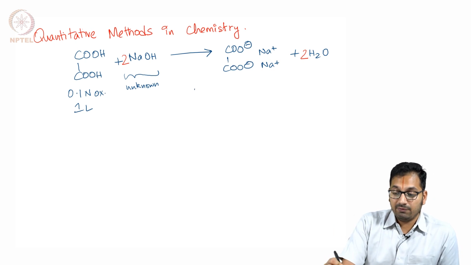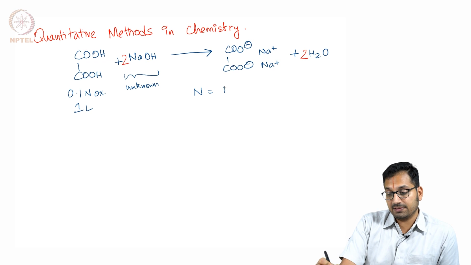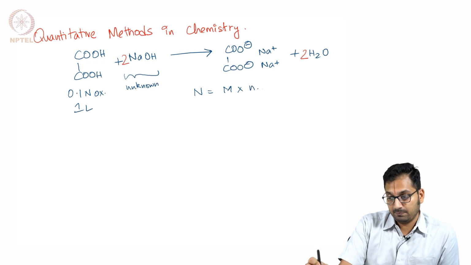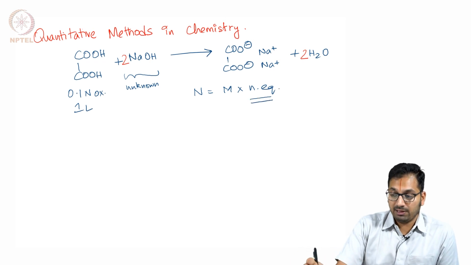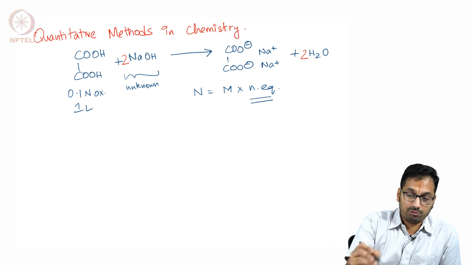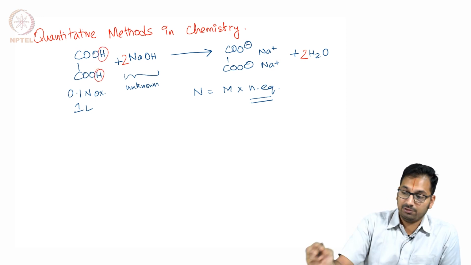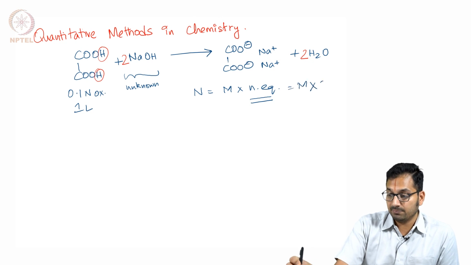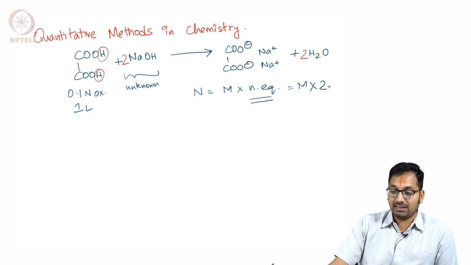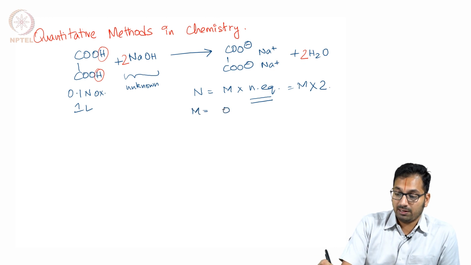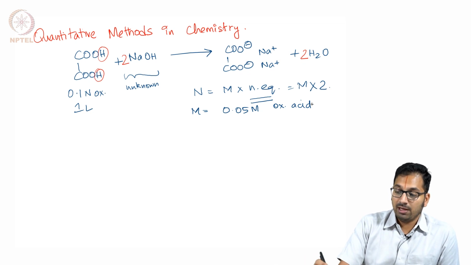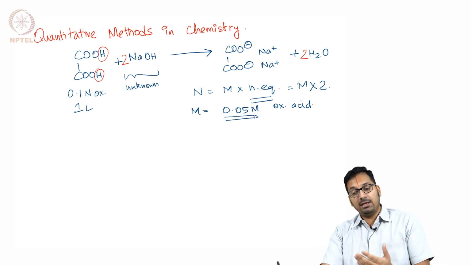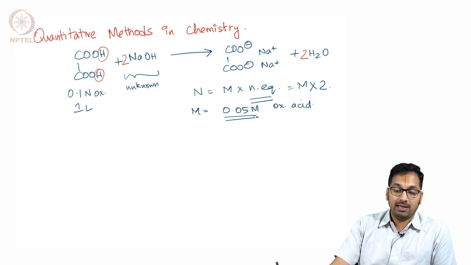Before going ahead, we would also like to remind ourselves of the relation between normality and molarity. Remember, the number of equivalents in this case would come up because of the 2 protons that get abstracted. So therefore normality is going to be nothing but molarity times 2. So when you have something like this, this makes life a little easy. So basically you want to calculate 0.05 molar of oxalic acid. With this being set, the next thing that you would like to do is figure out how much oxalic acid you should weigh in order to prepare a 0.05 molar solution in 1 liter.